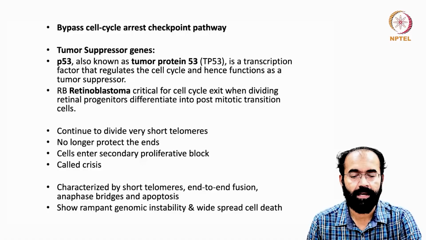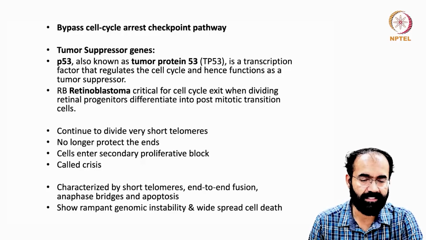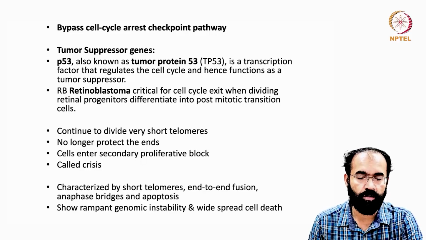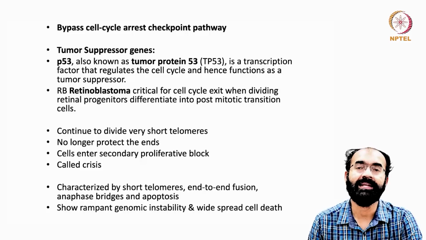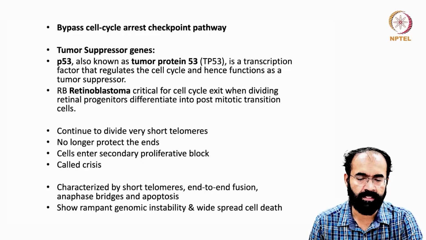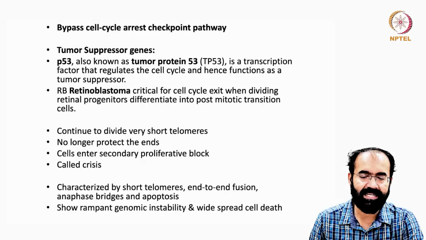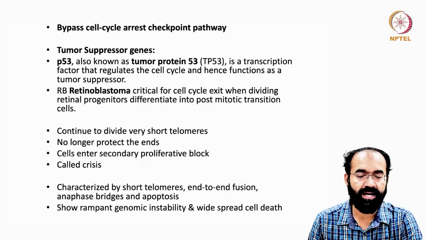So let us see the role of tumor suppressor genes. p53, also known as tumor protein 53, is a transcription factor that regulates the cell cycle and hence functions as a tumor suppressor. RB, that is retinoblastoma, is a critical protein required for cell cycle exit when dividing retinal progenitors differentiate